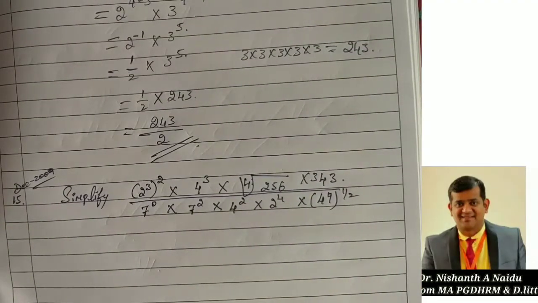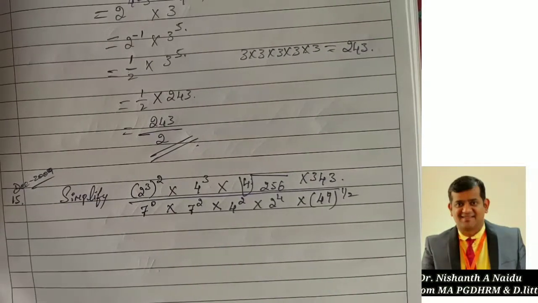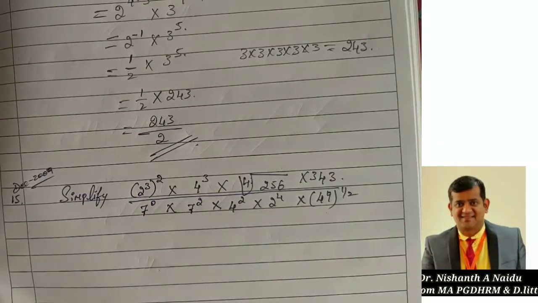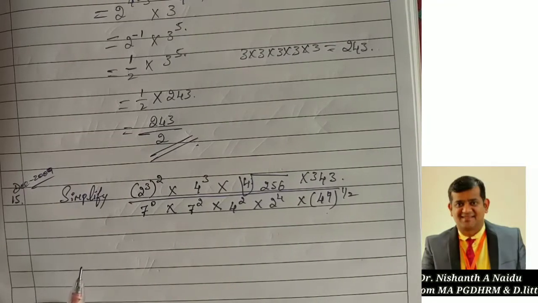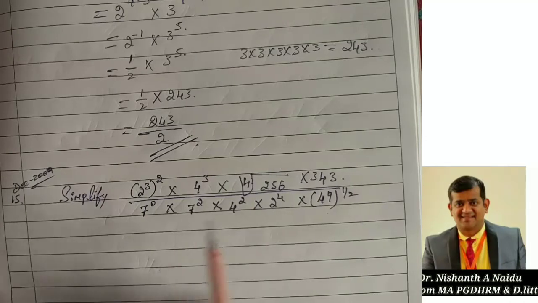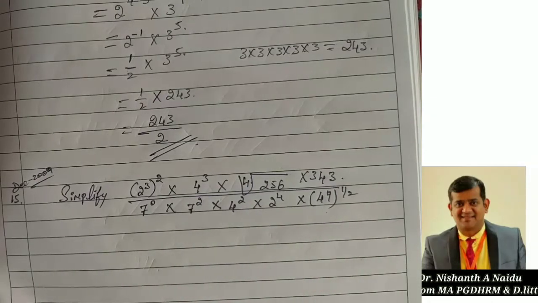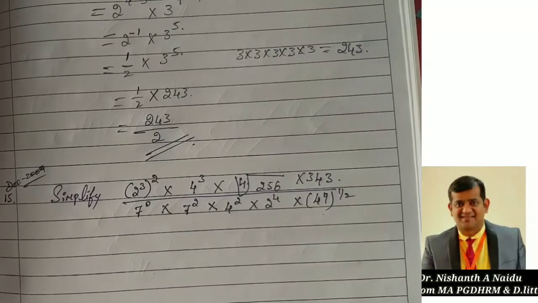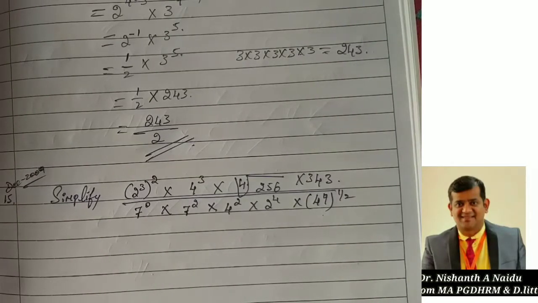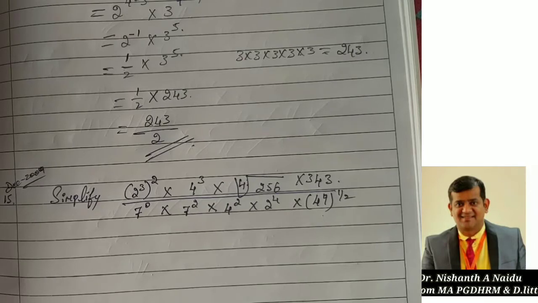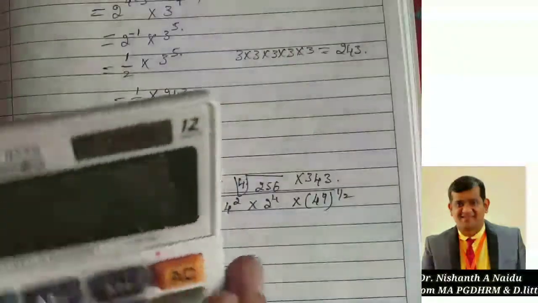So now you have to find the LCM value for 256 and 343, and 49 as well. Clear? Students always complain that they don't have basic mathematics. They complain to me that sir, we find difficulty to find LCM, like 256 is there and 343 is there, so how to do it. For this you have to practice a simple blind method. If you know tables, if you know deriving numbers, then it will be very easy. If you don't know, then you have to follow a shortcut which I am showing here.